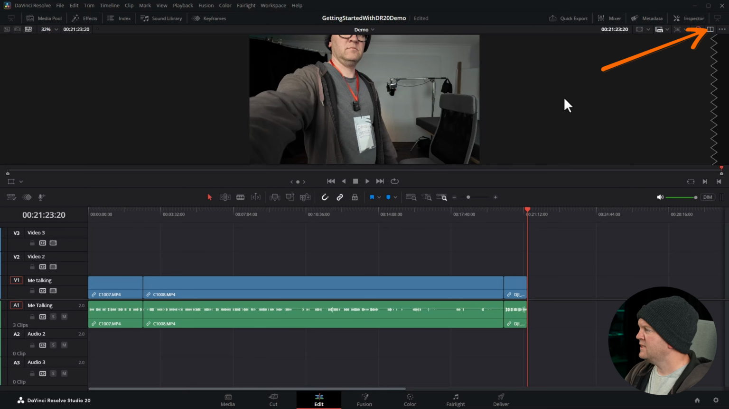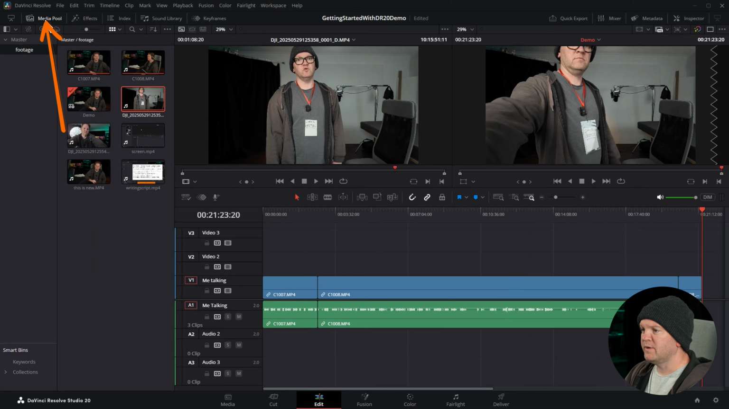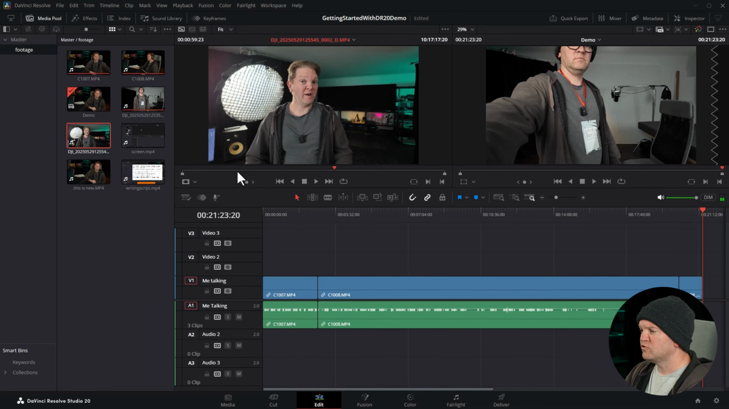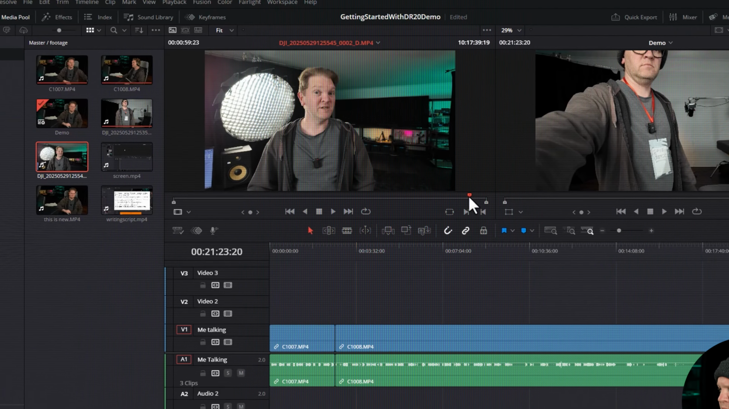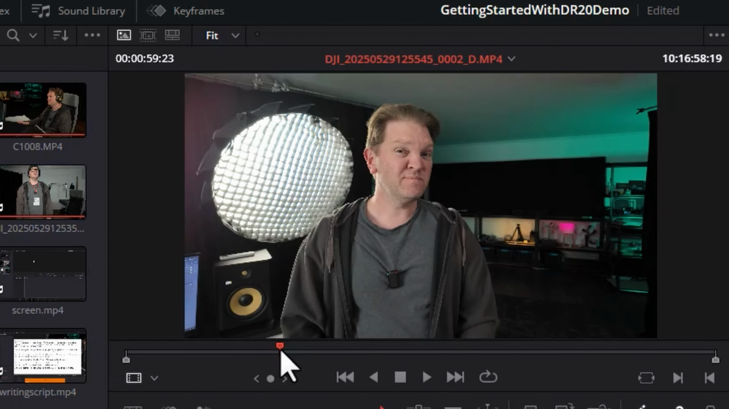This is how you add just part of a clip to a timeline in DaVinci Resolve. Click this button here to open up the source and timeline view. Click here to open up the media pool and double click on the clip you want to add. You can scroll through the clip using this timeline in the source viewer. If you just wanted to add a part of the clip from about here to here, position this red playhead